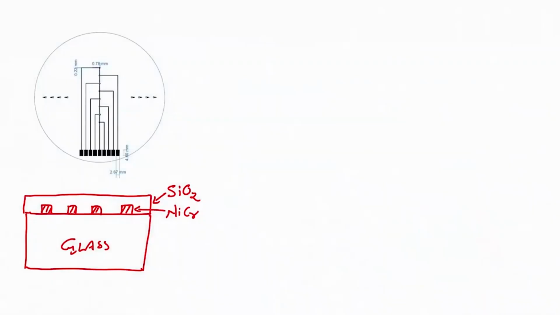So, let us see how we can fabricate interdigitated electrodes. So, once I have this, assuming that I have etched silicon dioxide from the contact pads, my next step would be to deposit